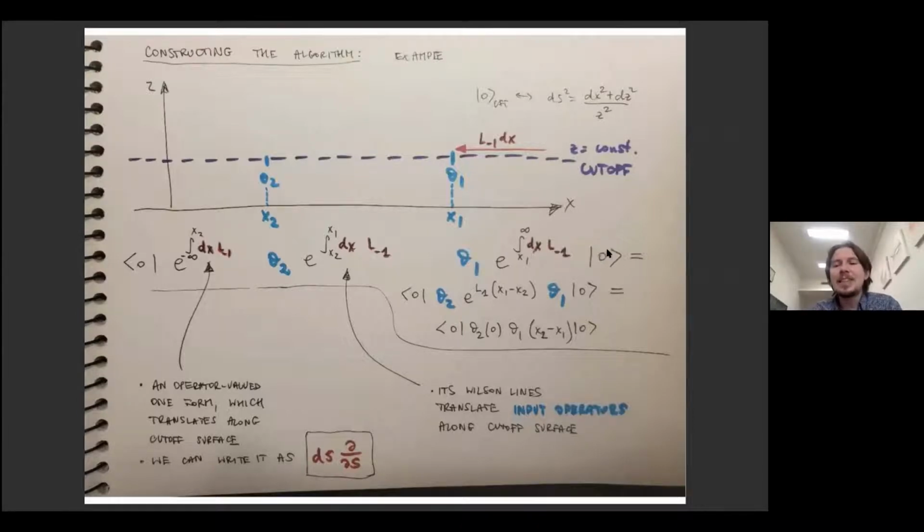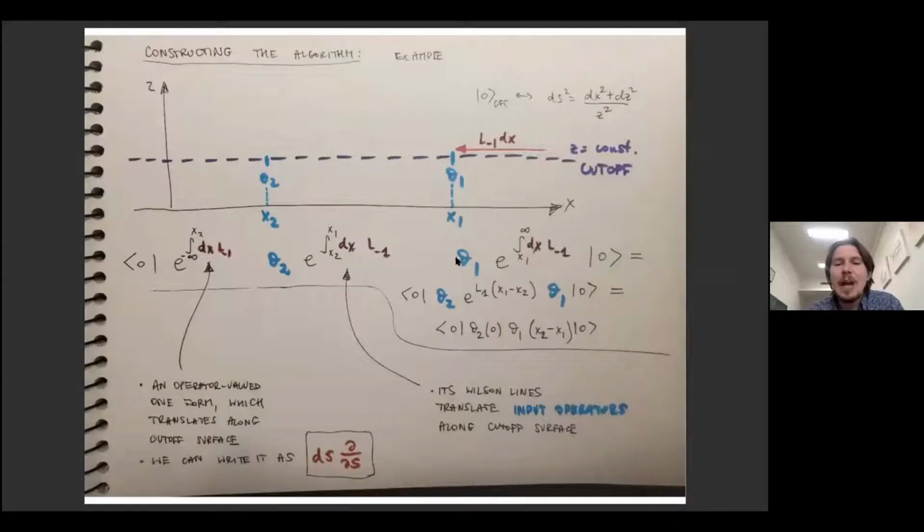Let me actually start from the vacuum and translate it. This is an operator that generates a finite translation, and translate it until the place where I encounter the first operator, O1. Remember, we're taking some inputs and generating outputs. But this translation is not just any translation. I picked it so that it has the bulk interpretation of traveling along the cutoff surface.